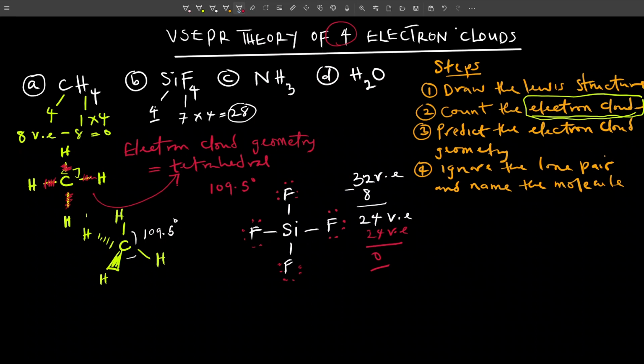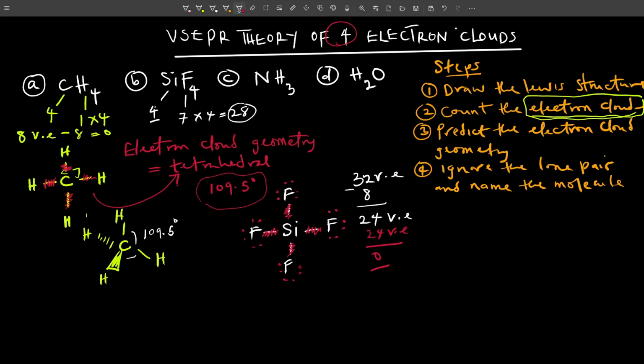The next step is to count the electron clouds. Let's count the electron clouds again. I have electron clouds over here. That's around the central atom. I have 1 over here, I have one over here, and I have one over here. So since we have 4 electron clouds, again, the electron cloud geometry of SiF4 is tetrahedral, and the bond angle is